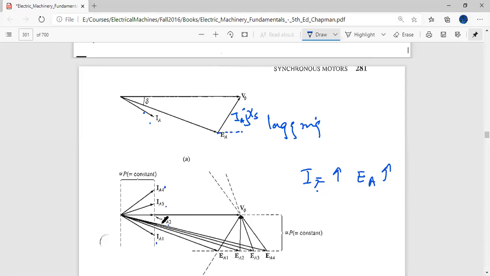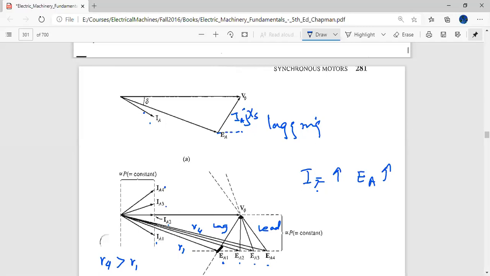So if I start increasing the IF, what happens is that EA becomes larger and larger. And look at this. This is the condition when the situation is lagging, and this is the condition in which the situation is leading. So as I increase the field excitation from under excitation to over excitation, the magnitude of EA is increasing. Now you can see that the radius here and the radius here are different. R4 is greater than R1. In the previous case, all the radii were the same. So this is not a swinging motion of EA, but it is actually increasing in length. The vector is increasing in length.